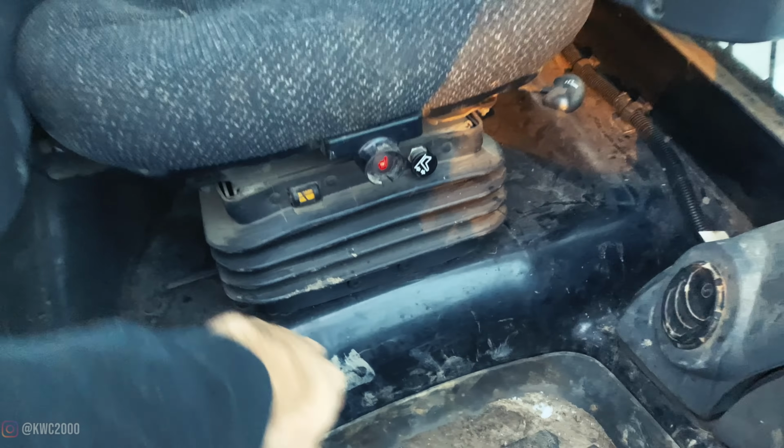All right, so the morning started with this. So we're gonna fire the skid steer up. Heated seat, most important part for this one too. Heated seat. Then what happened was I got a call from Dad and he said, we have a customer who